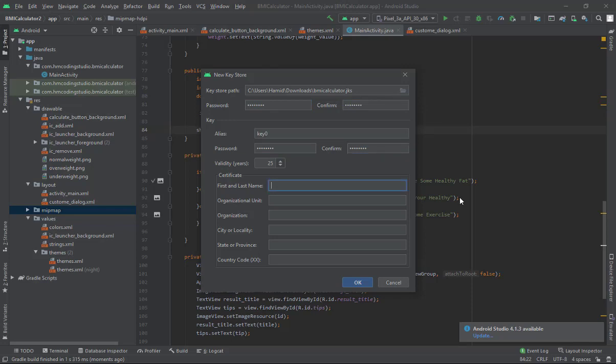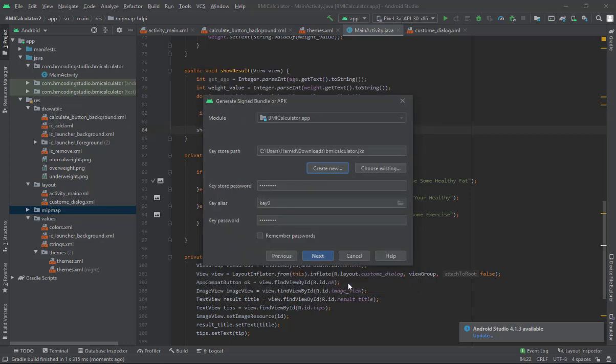You need to add the first name and last name, organization unit, organization locality, and also your country code for the certificate. Okay, now that the keys to path is generated,